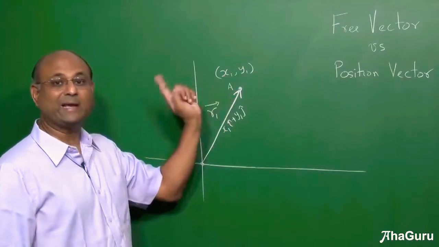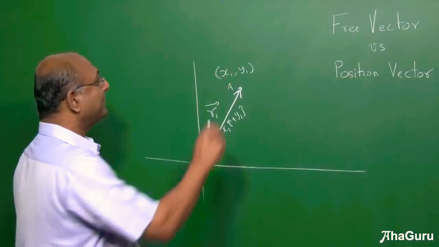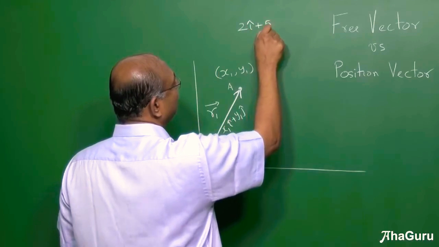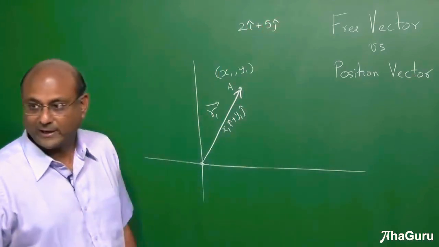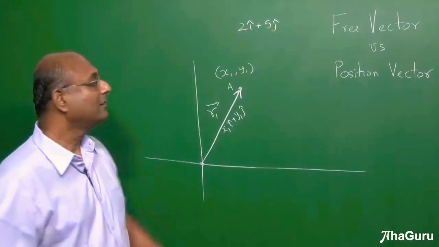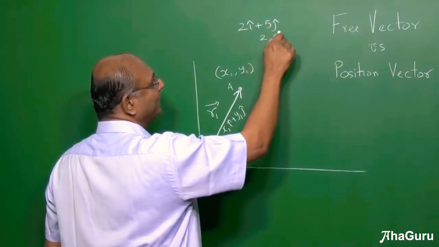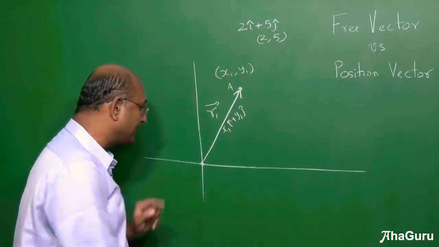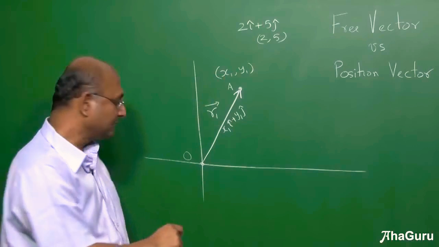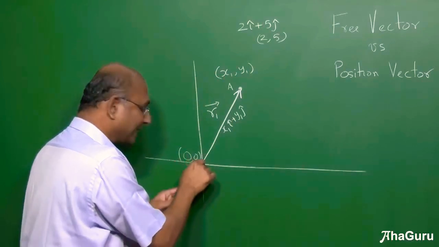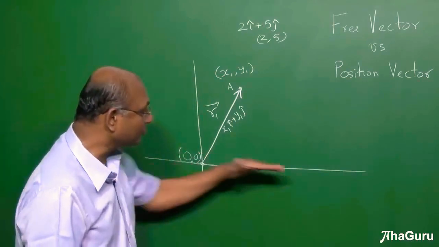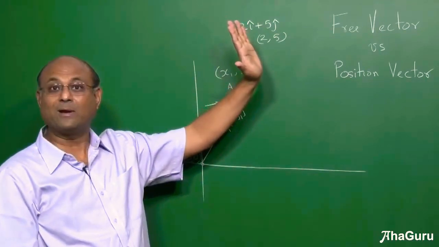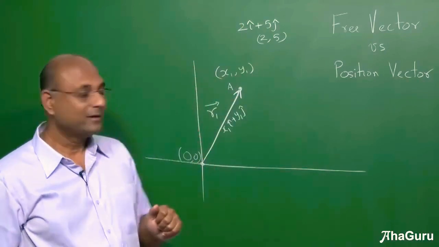So what is the coordinate? x1, y1. So if I tell you the position vector of a point is 2i plus 5j, what is the coordinate of that point? 2, 5. Okay, the coordinate of the point is 2, 5. Why? Because the position vector is an arrow starting always at the origin, 0, 0. It starts here. If it starts here and goes 2 this way, what is my x coordinate? 2. Plus 5j, what is my y coordinate? 5. So 2, 5. Very simple.